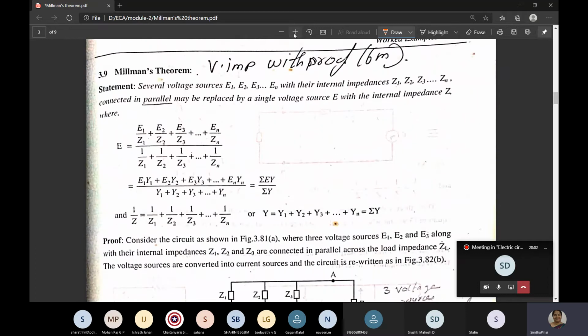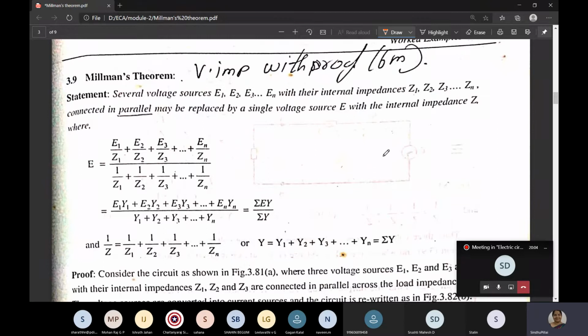Millman's theorem is a very easy one. What it states is: several voltage sources E1, E2, E3, many voltage sources till En, with their internal impedances Z1, Z2, Z3, connected in parallel. This is important: how are they connected? They are connected in parallel. They may be replaced by a